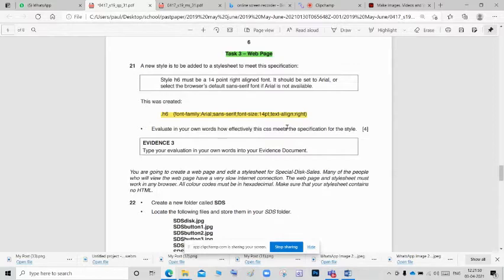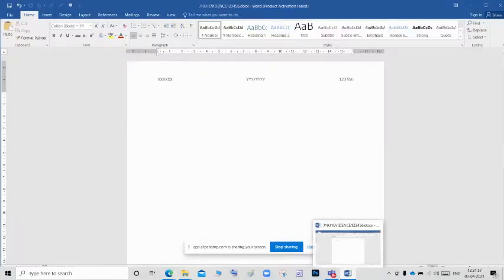We are going to the evidence document and we can type our evaluation. Go to the evidence document. In evidence 1, 2 will be the Microsoft Excel exercise. So evidence 3, copy this.